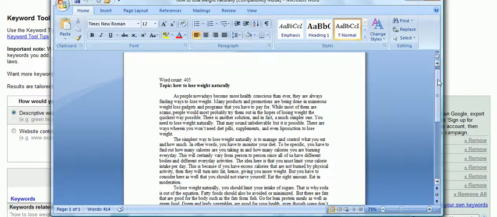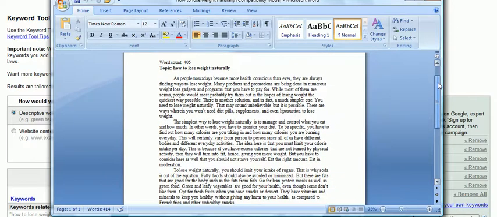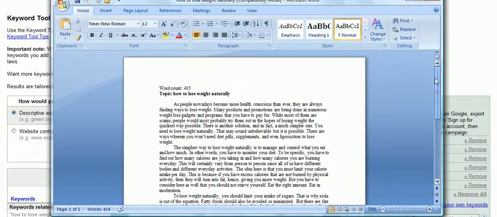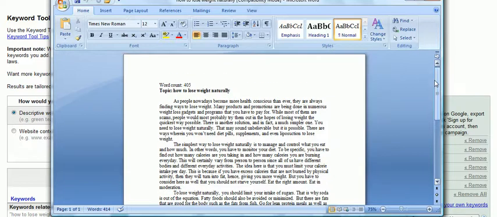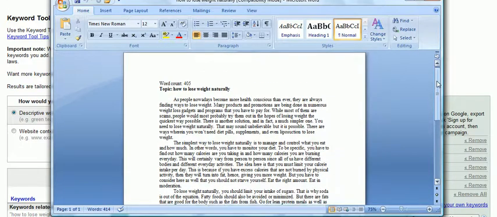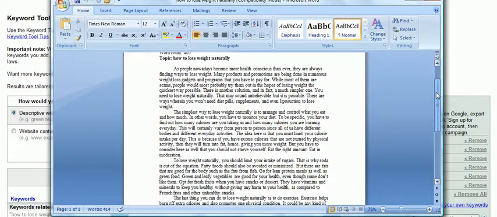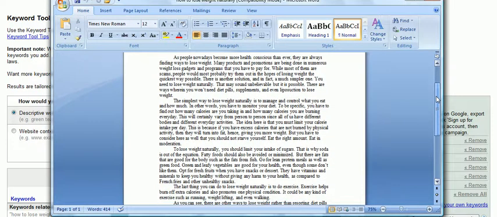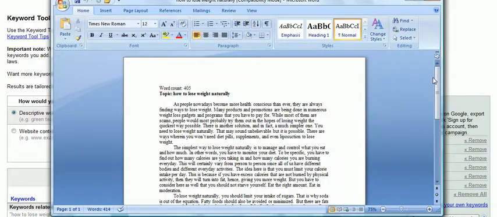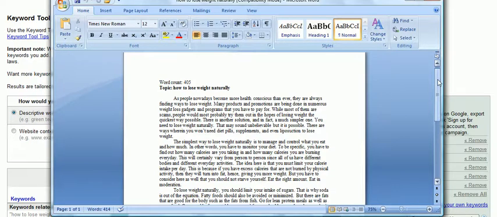So you see here the article, it's just basic. The word count, anywhere from 350 to 500 will be great as far as size goes. Obviously, the more you get above 400, the better chance you have of getting approved in more popular article directories. Especially with some of these article directories like EzineArticles and some of the others, they're starting to crack down on much shorter articles. So it's important that you try to have some meat to your content.